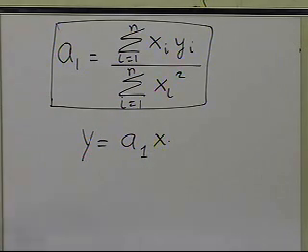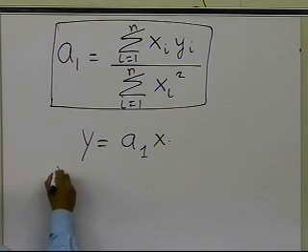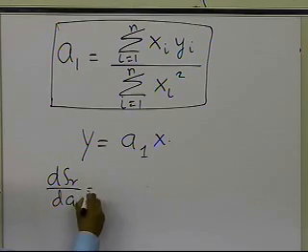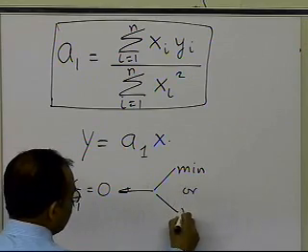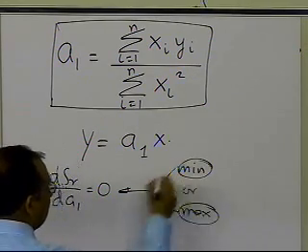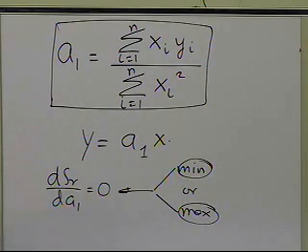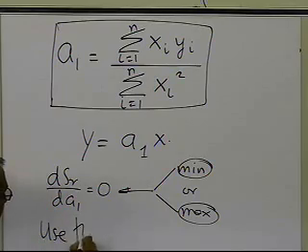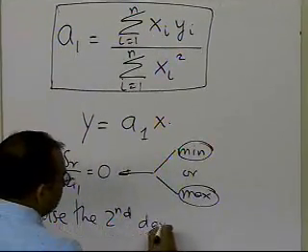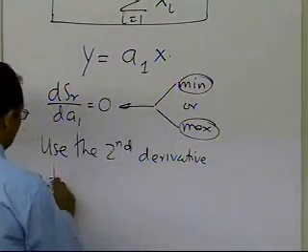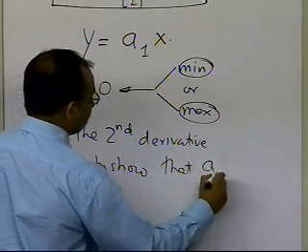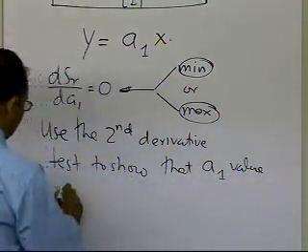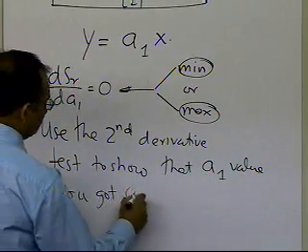As part of the homework, since we are taking the first derivative, we took the first derivative with respect to a1 and put that equal to 0. That only tells me it is a minimum or maximum. It does not tell me whether the a1 expression which you just found corresponds to a minimum or a maximum. What I would like you to do is to use the second derivative test to show that the a1 value you got corresponds